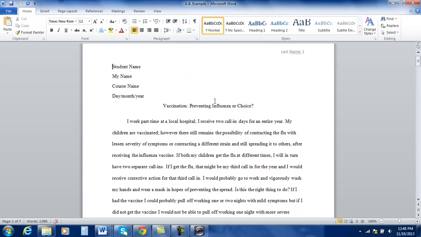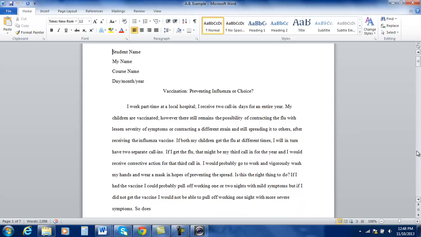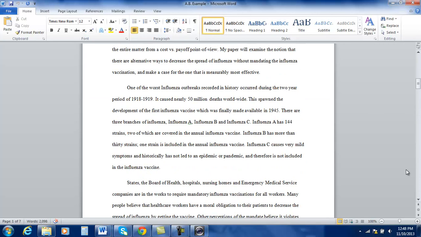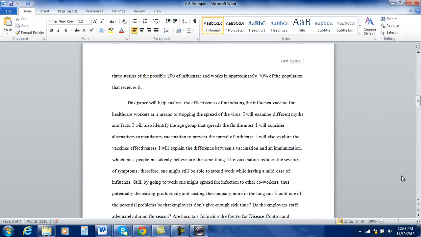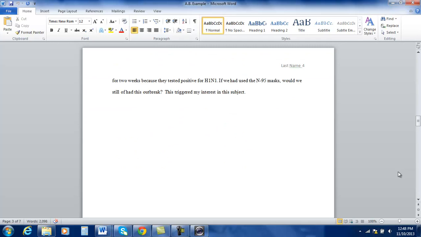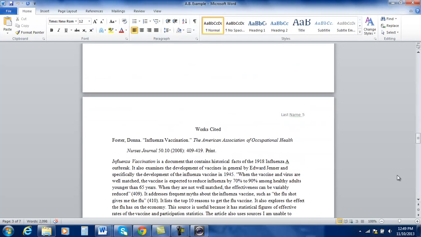So you'll see here that it is basically constructed in MLA, which is what we've been working with. And here we have an introduction that is 2 to 3 pages. Actually, I believe this one's a little bit more than 3 pages. You can read this more specifically on your own. I just want to take you through what it should look like. So that's your introduction. And then here's where the annotations come in.